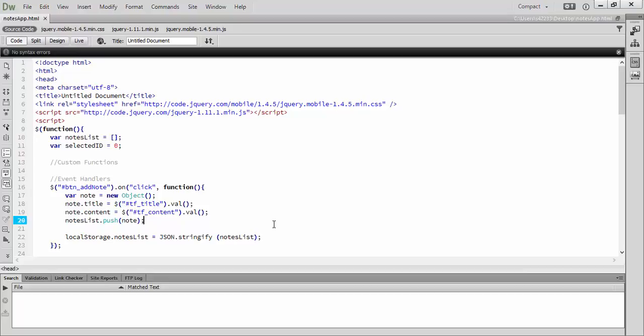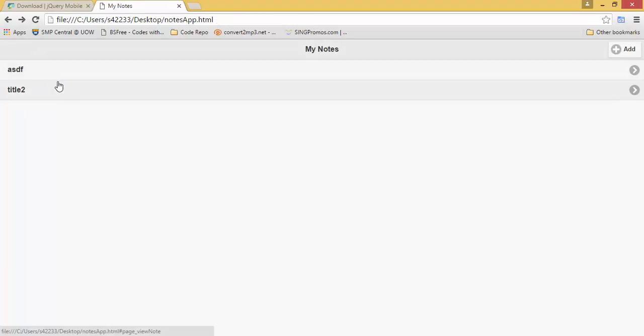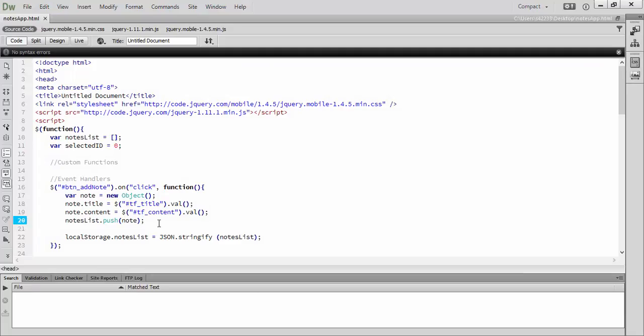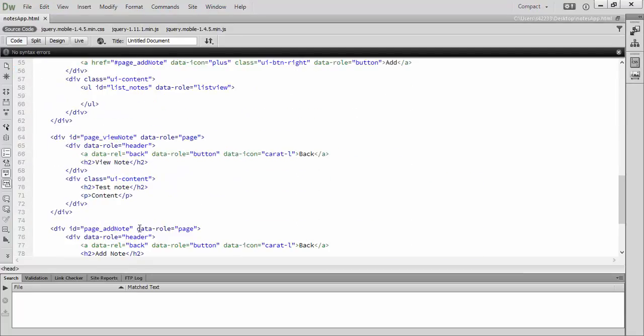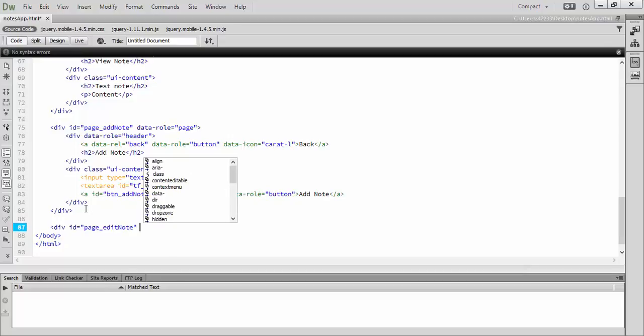Okay, so in this video, I'm going to show you how I can extend the note taker to edit the notes. Right now, the notes cannot be edited, neither can they be deleted. So what we're going to do here is create a new page which basically displays the editing function. So I'm going to create a div page called edit notes with a data-role equals to page,